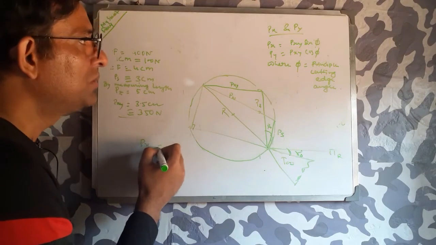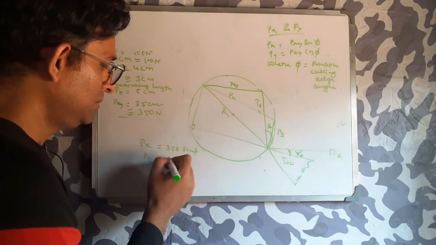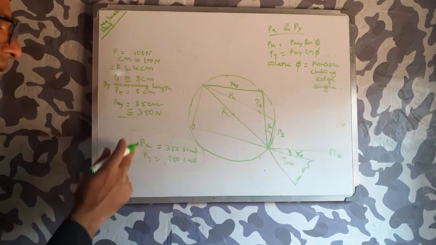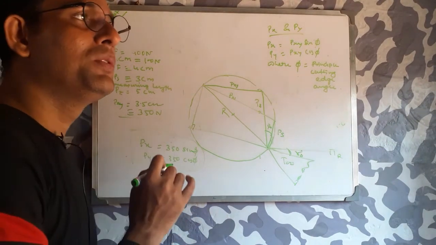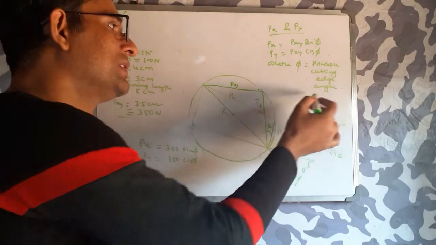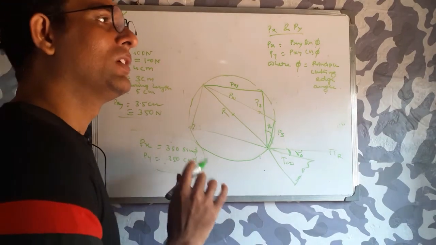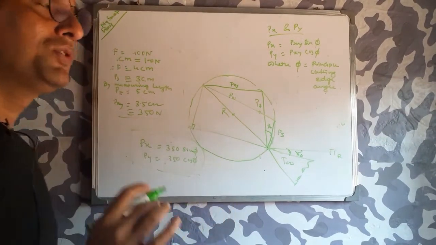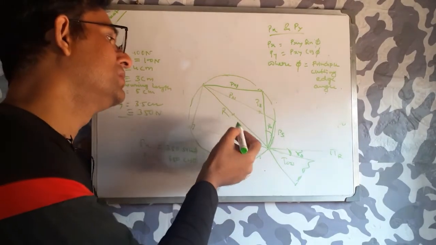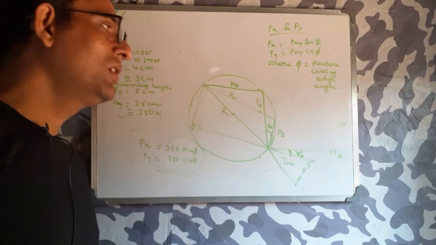So Px is equal to 350 sin phi and Py is equal to 350 cos phi. From these equations you can also find out Px and Py, and phi should be either given or you can assume. In most problems the value of beta 0 or gamma 0 will be given. In this problem, as they are not given, you can assume the value according to your choice, but remember it has a certain range. The value of beta 0, the value of gamma 0 has a certain range in case of turning, milling or shaping.